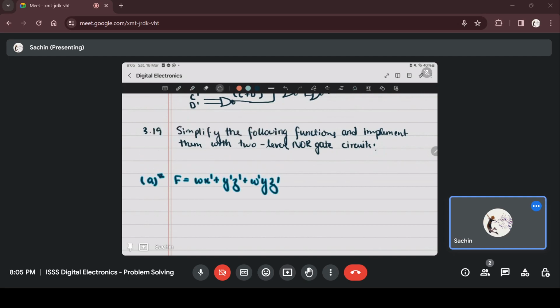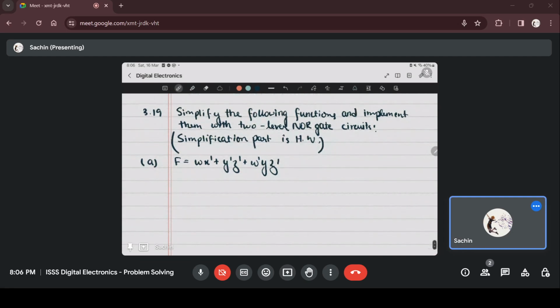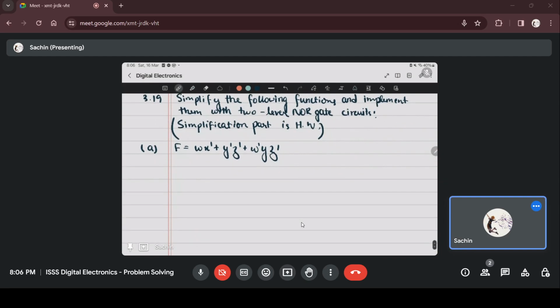So as I did in the earlier question, the simplification part is homework. So I'll give you the simplified form directly. F is (w + z')(x' + z')(w' + x' + y'), and to implement it